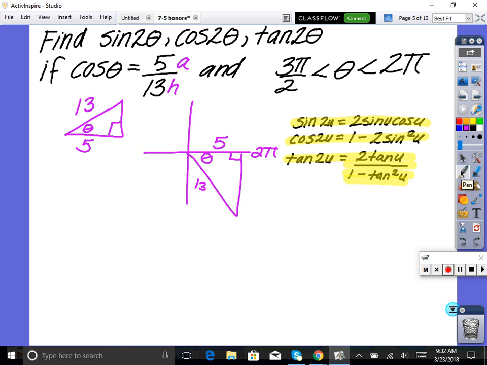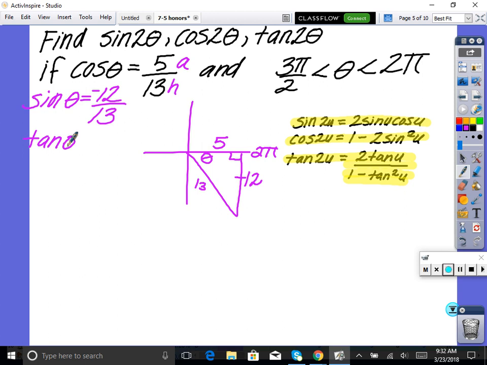13 squared minus 5 squared, you take the square root, you get 12. So now we can actually go through and list out what sine of theta is and what tangent of theta is. We know cosine's that, so then sine of theta is, oh heck, so isn't that 12 over 13? What am I missing? Negative 12. Thank you. And then tangent of theta is